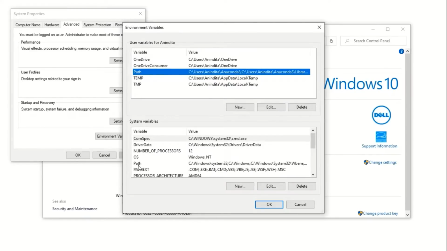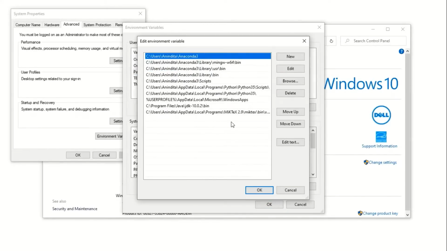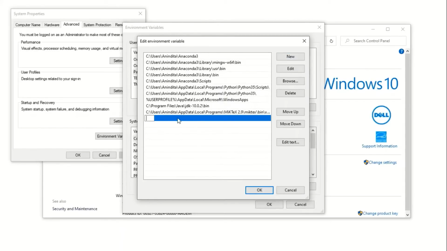Do not select this path under System Variables. Click on Edit and then click on New and then paste the path and then finally press OK. I have already my class path set, so therefore I am not pasting it again.